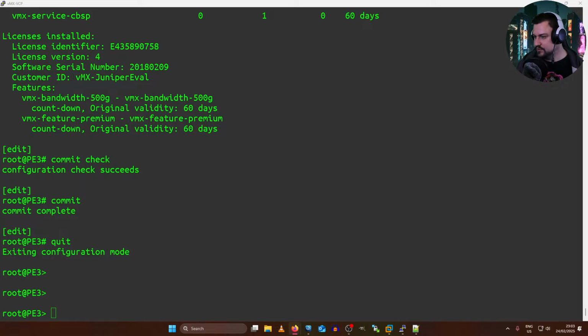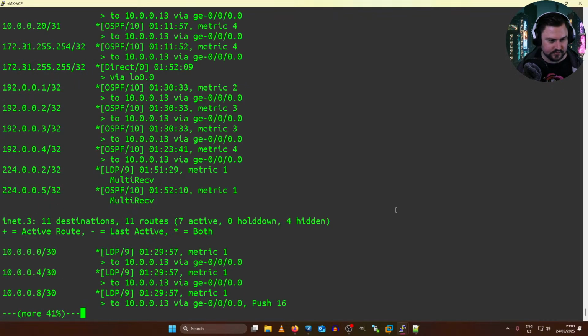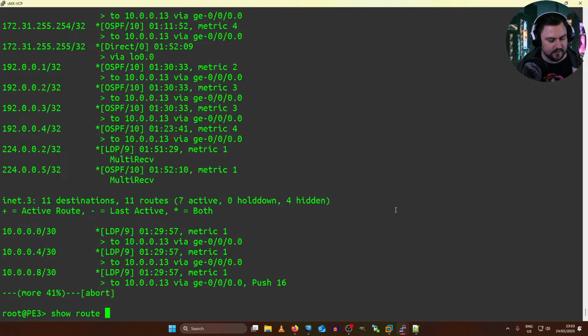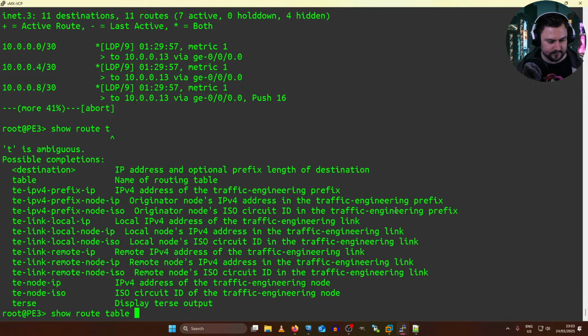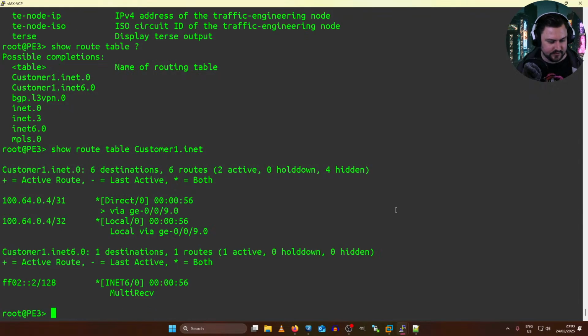I wonder if it will just redistribute a static route automatically from the VRF. It might. But let's just see. I'm actually learning the routes. So show route table. And that should be my customer 1.inet.0.